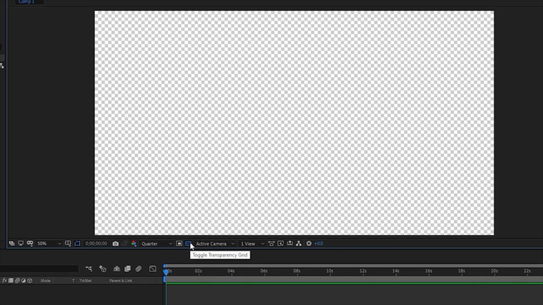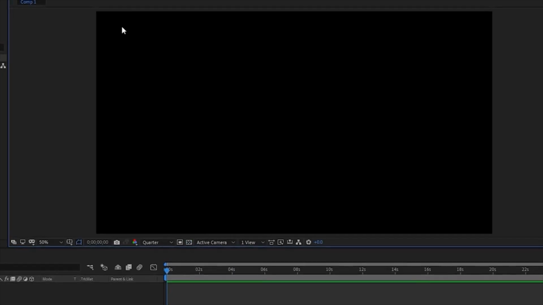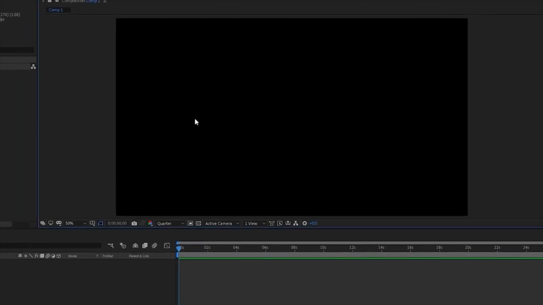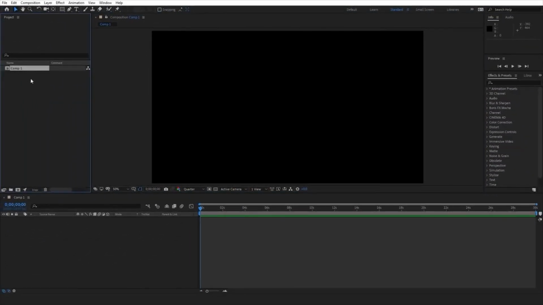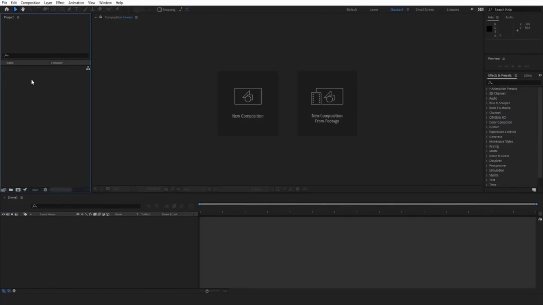And we're going to be emphasizing that extensively, getting to that later on. So I'll toggle that back on. For the majority of projects, we do not have the transparency grid on because we do want a background to it. Now let's actually go ahead and delete this and show you the third and final way to make a